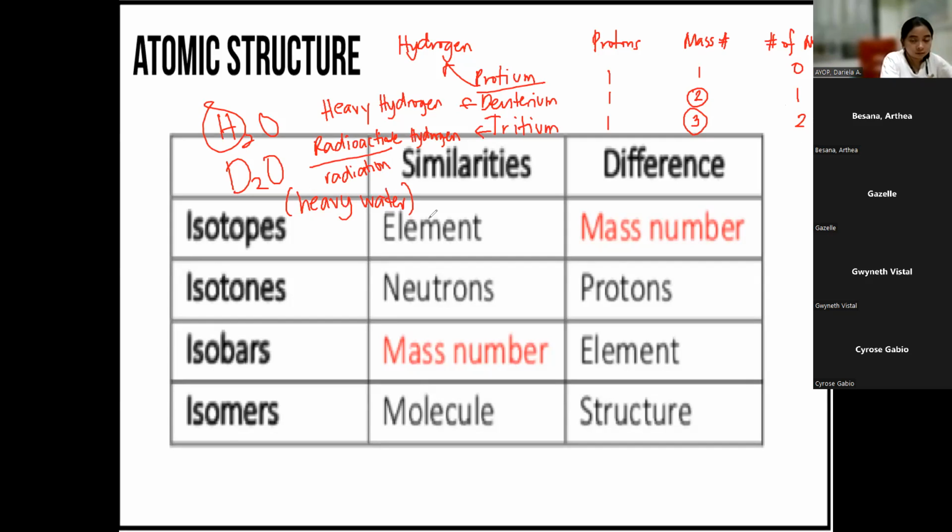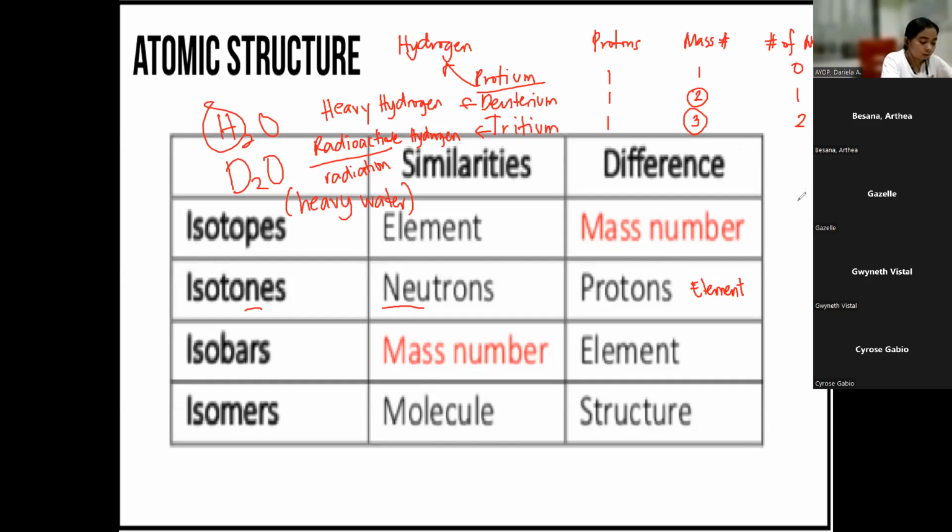Okay? Ay, isotopes. Nagtingin kasi ako sa isotones. Now, what is isotones? N for neutrons. What's their similarity? They have the same neutrons, but they have different protons, which means different element ito sila. Okay? So, for example, we have class,